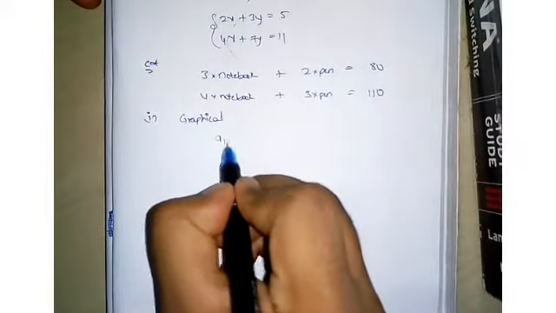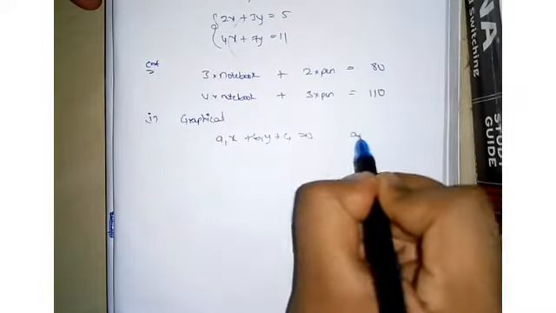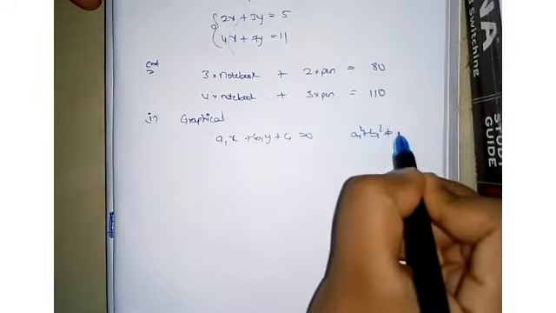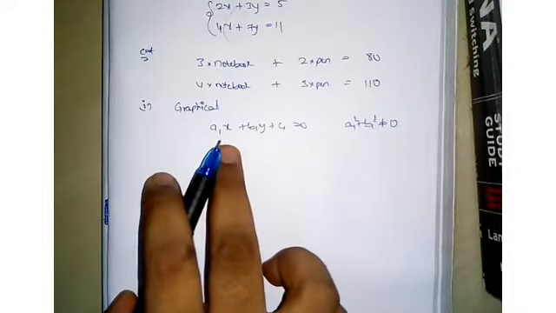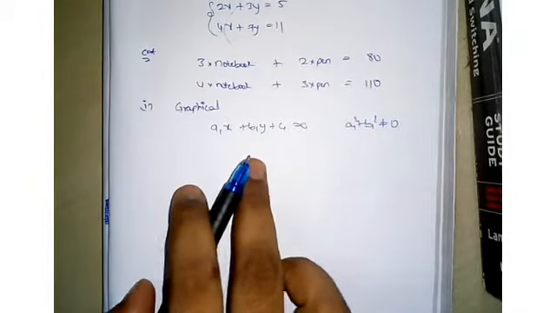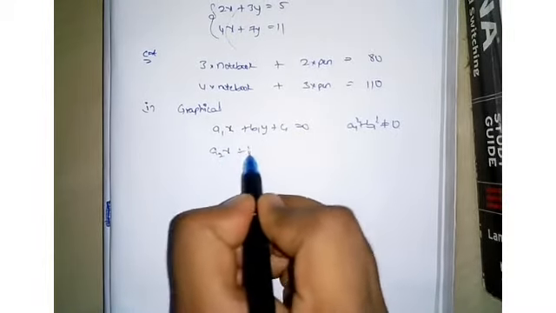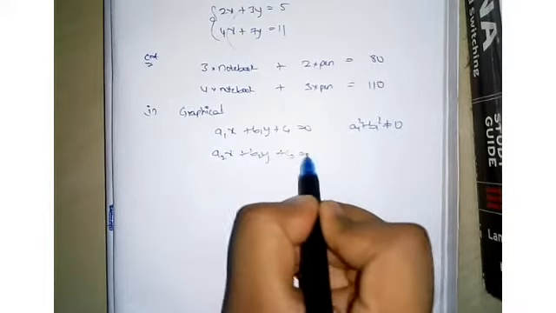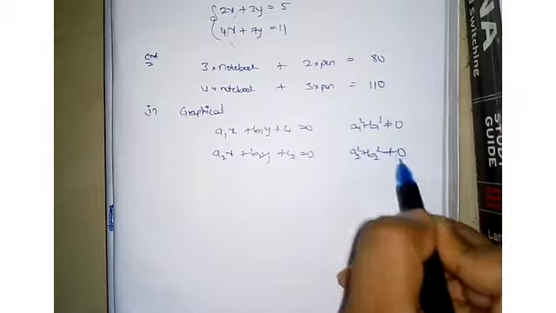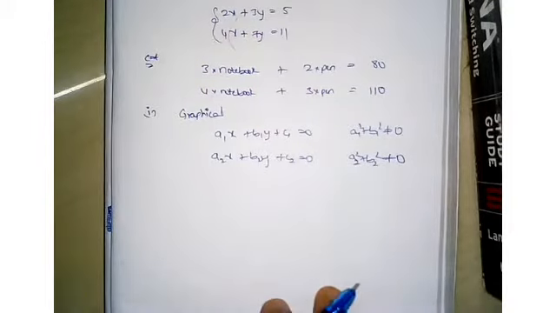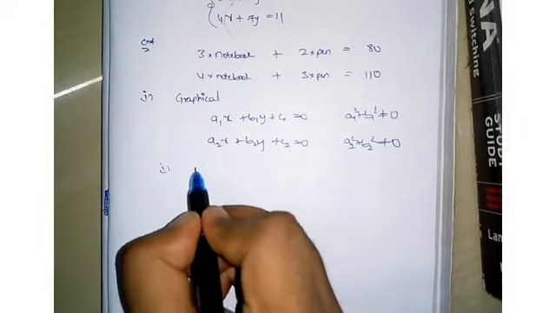Suppose the first equation is a1x plus b1y plus c1 equals 0, where a1 square plus b1 square not equal to 0. That means both are not 0 at a time. I have one more equation, a2x plus b2y plus c2 is equal to 0, given a2 square plus b2 square not equal to 0. So if you are going this way, the possible cases will be: